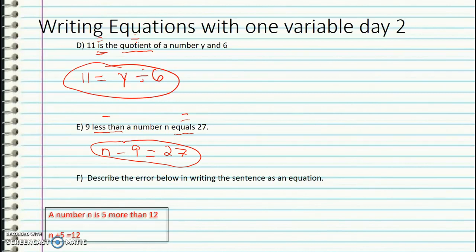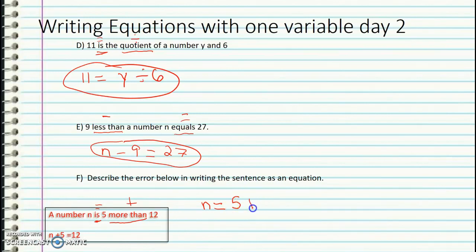All right, letter F is one of those ones where you have to find the error in what the person did. So we've got to write it and write out what they did wrong. So a number n is 5 more than 12. So is means equal, more than means plus, and we've got to write it like we see it. So n is